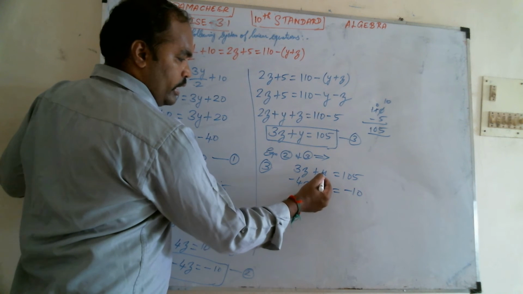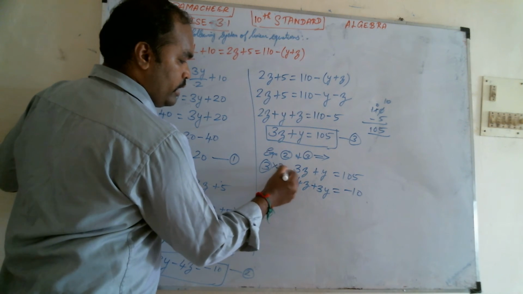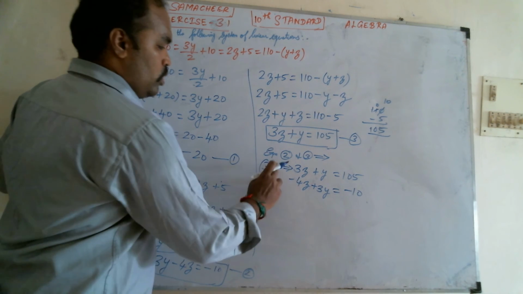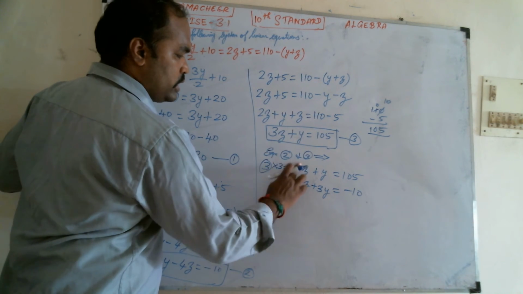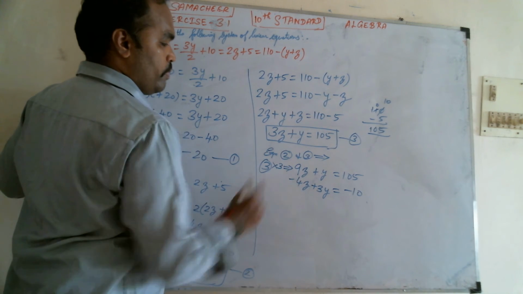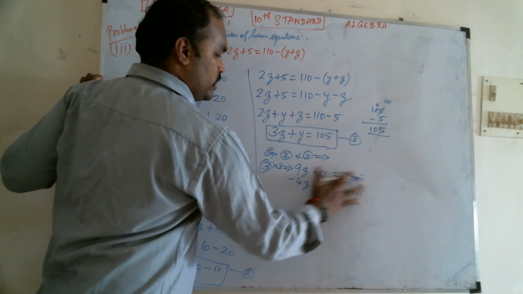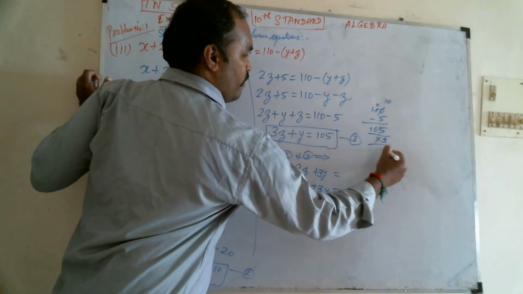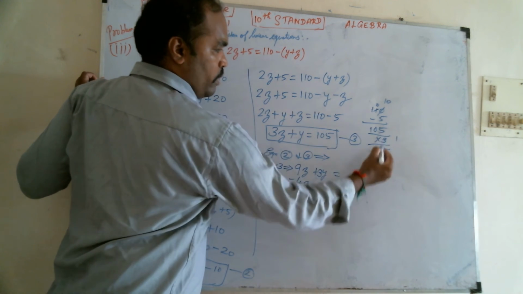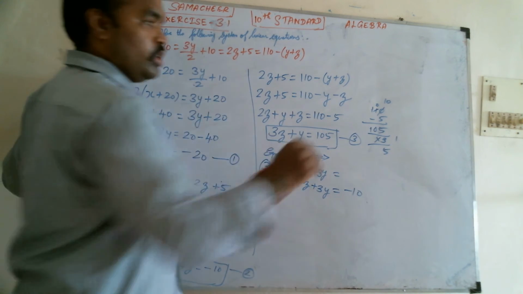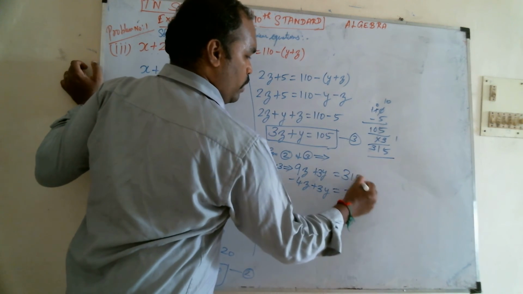Okay, here 3y. If the 3y needs to come, what do we need to do? 3 multiplied by 3. So this is the third equation. Third equation, how do we need to do? 3 into 3 is how much? 9. 3 into y is how much? 3y. 3 into 105 is how much? 5 3s are 15, balance 1. 3 into 0, 0. 0 plus 1 is 1. 3 into 1, 3. So 315.